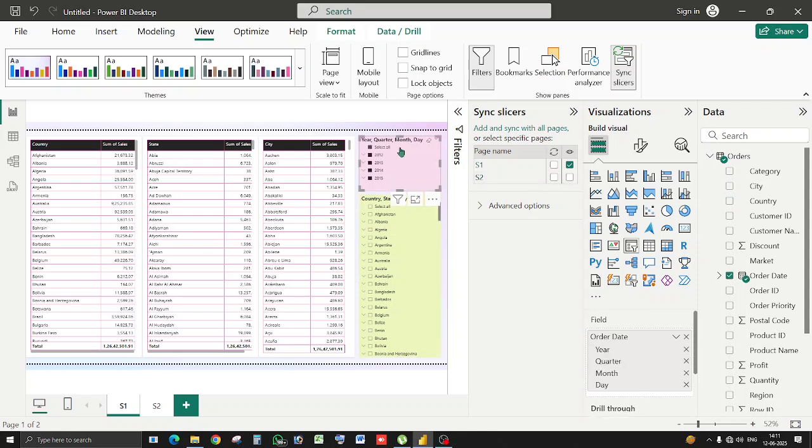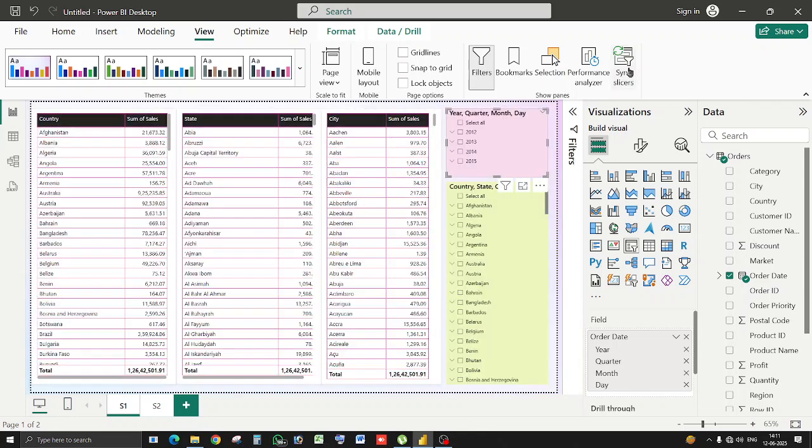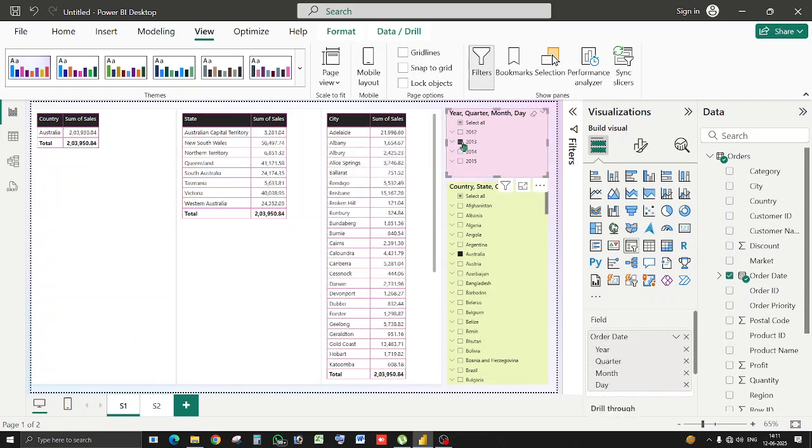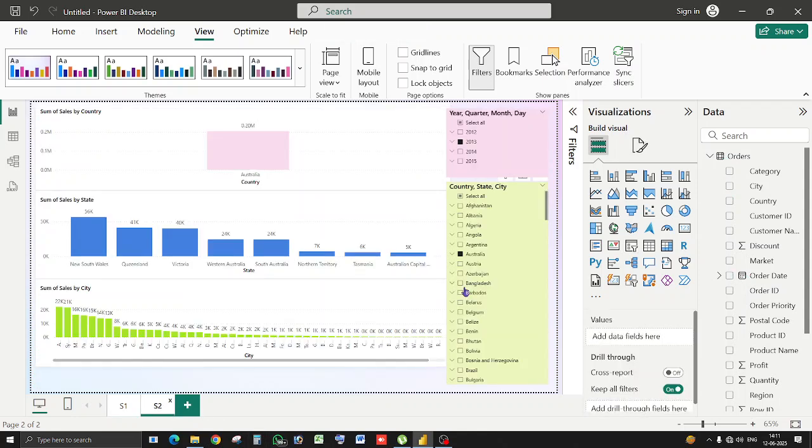And for this slicer also I'll do it. Finish. I'll remove this now. Okay, now I wanted to have the stored data for Australia and for the year 2013. Okay, and if you go to S2 sheet, it was synced now. Okay, here also you have